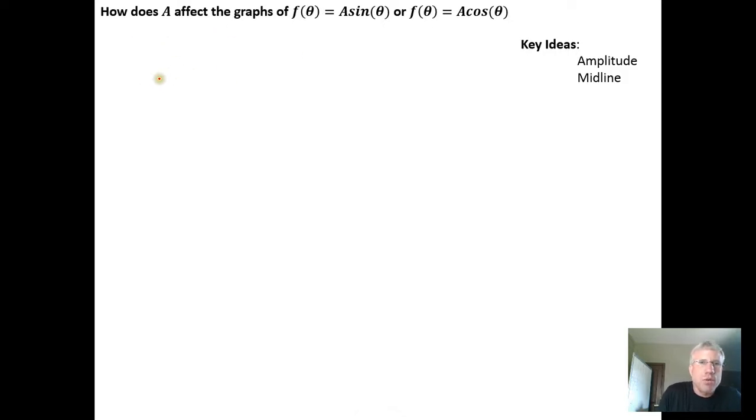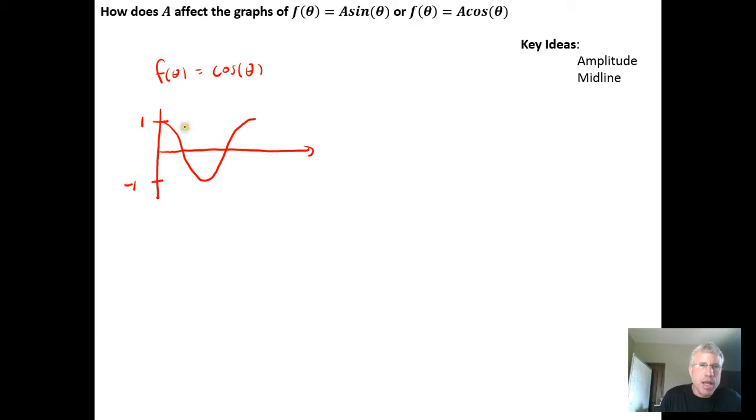So first what we want to do is recall what the graphs of the sine and the cosine function look like. So our toolbox function, f of theta equals cosine of theta, started at a high point, dropped to a low point, and went back to a high point. The cosine function went from a high point of 1 to a low point of -1. And what we want to remember is that we were graphing the x-coordinates as we rotated through an angle theta